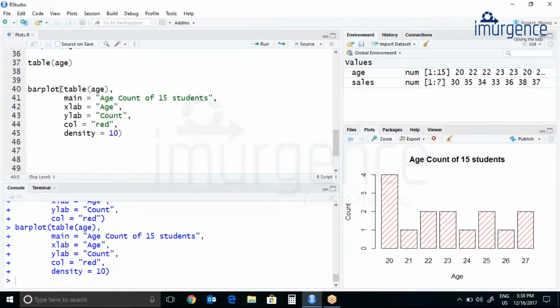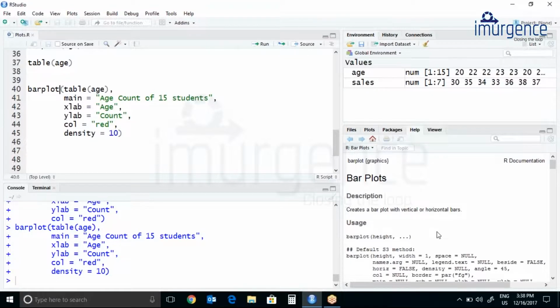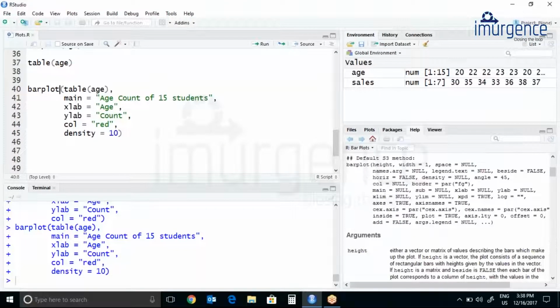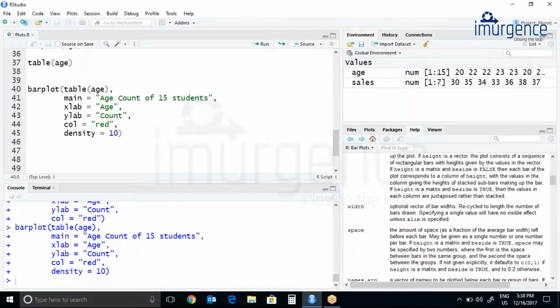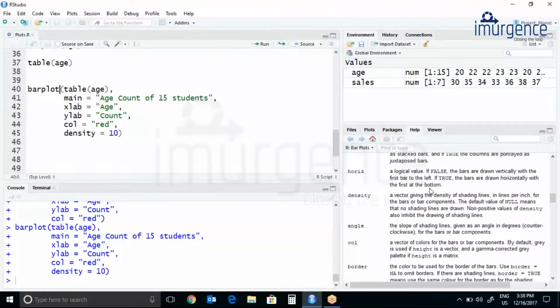Okay, so let's check the documentation of your bar plot. So horizontal equals false, density equals to null. So by default, the density is null. Let's come over here. So the density is a vector giving the density of shading lines.